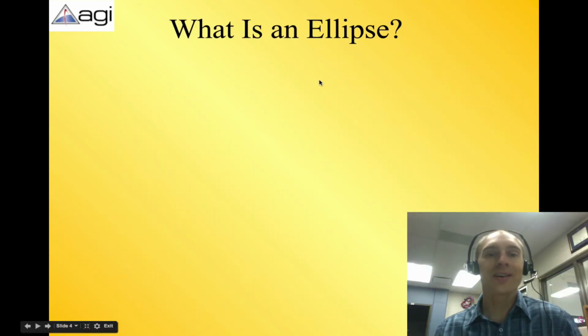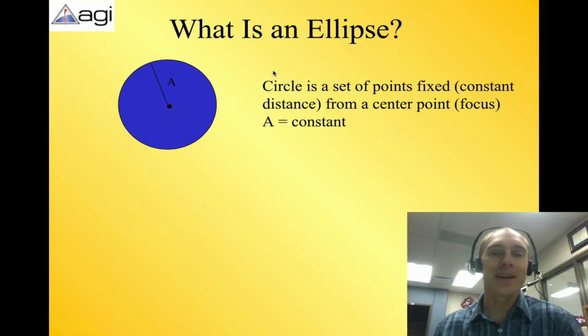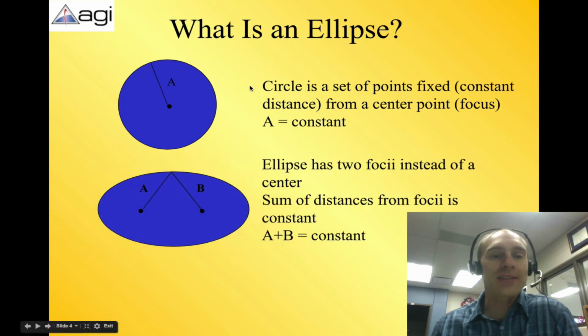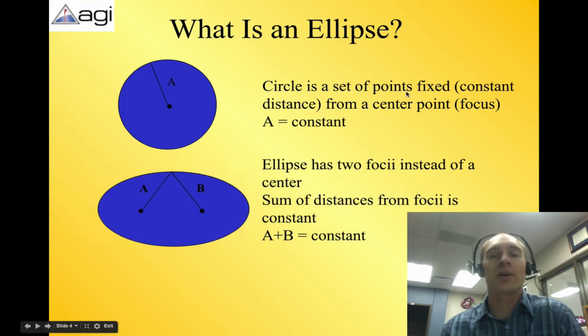And now you get to try this out firsthand by making your own ellipse. The last couple things I wanted to point out are a couple of definitions here. A circle is a set of fixed points from a center point. So all of these points along the outside edge from the center are fixed. They're all the same. The length of this line is the same no matter where you are in the circle when you measure that distance to the center. It's not the same for an ellipse though.